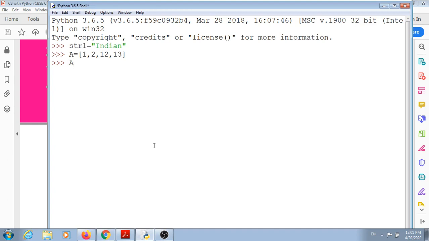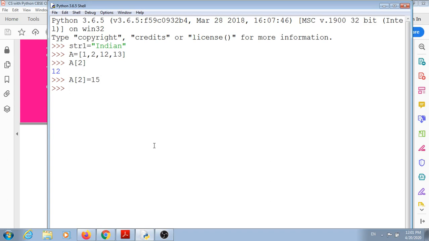Suppose I want to change a list element a of 2. So here you can see a of 2 is 12. Now I want to change this element and I can write a of 2 equals to 15. So the element with the index 2 will be changed to 15.